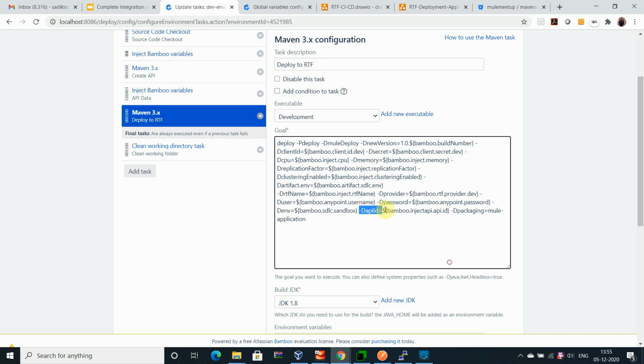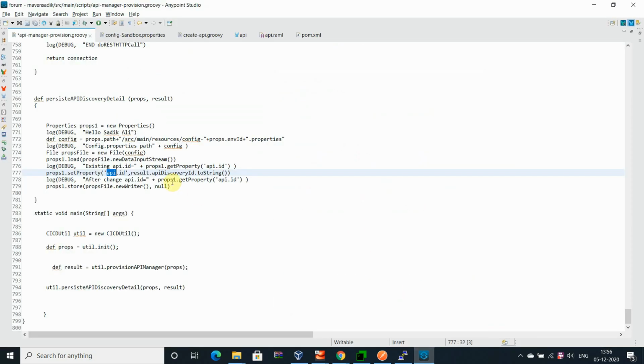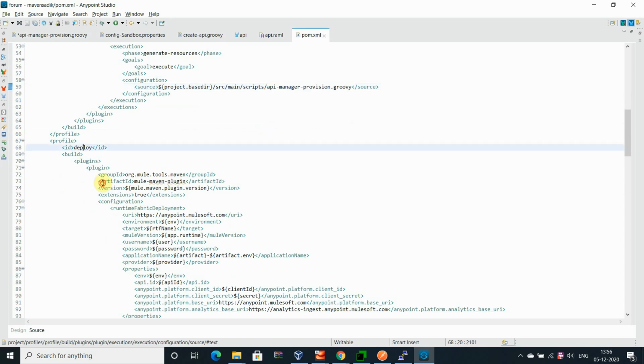You can see the inject API ID dot API ID, and I will assign it to this variable. This task is there to deploy the application into the RTF. You can see that I have created another profile. We can just go to the profile again. You can see the deploy.